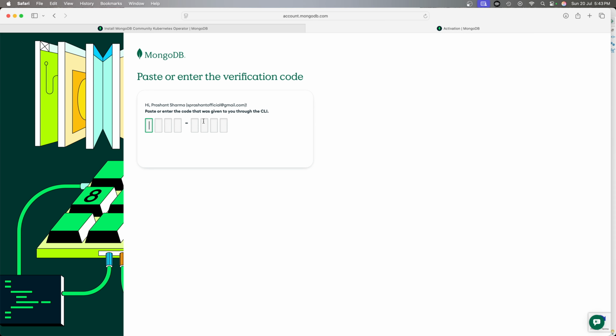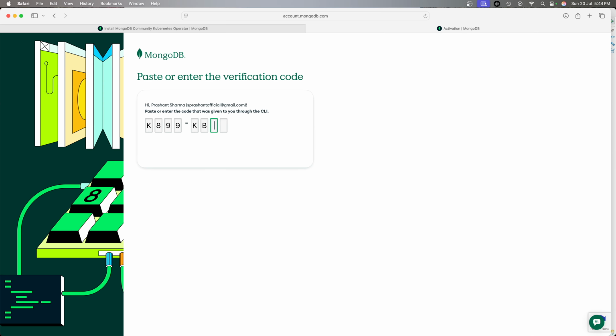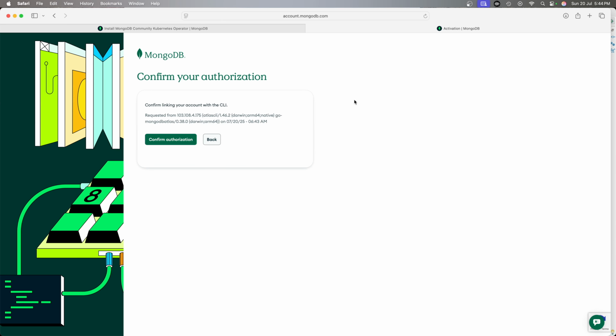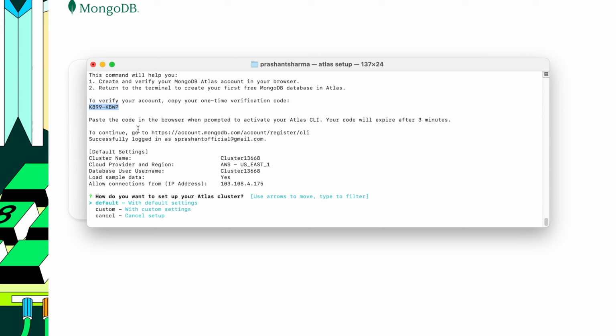So let me quickly do that. So this is the code that we have to provide, and then confirm authorization. Alright, so your account is ready, return to CLI, and if you see here, I see that successfully logged in